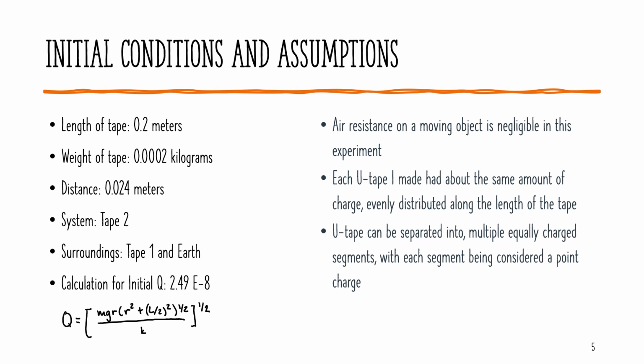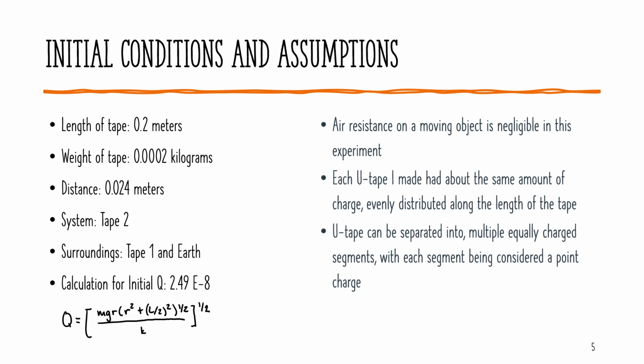To calculate Q initially, I used the equation below and got 2.49e-8 coulombs. Some of the assumptions in this lab are that air resistance on a moving object is negligible in this experiment, that the tape had about the same amount of charge evenly distributed along its length, and that the tape can be separated into multiple equally charged segments,